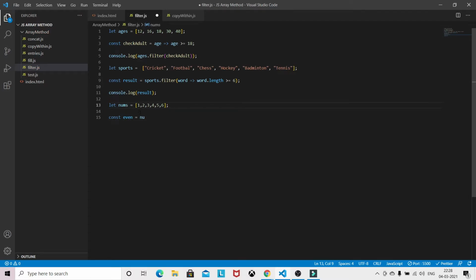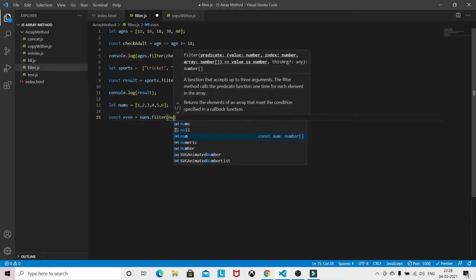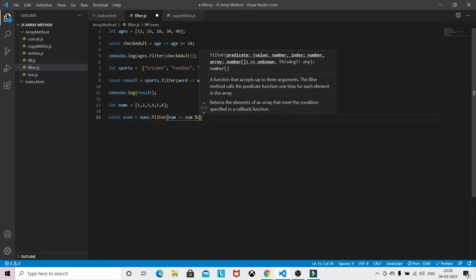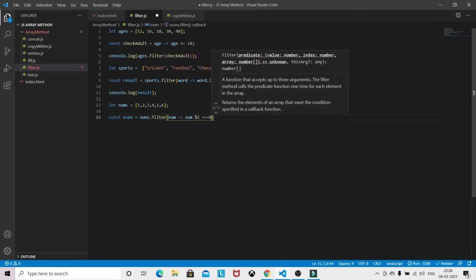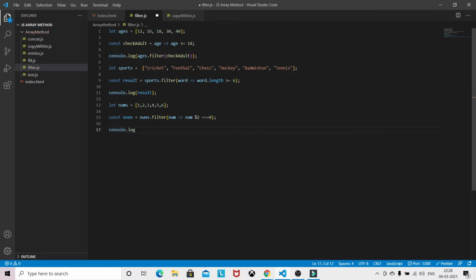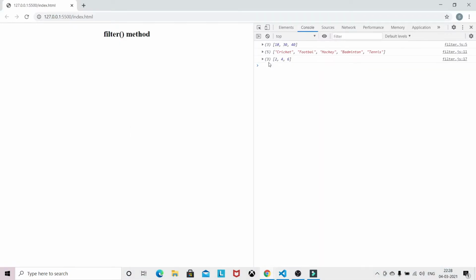Let's see: nums.filter, num, num modulus 2 equal to 0. If you console log, you will get your even numbers. Now we got our even numbers 2, 4 and 6.